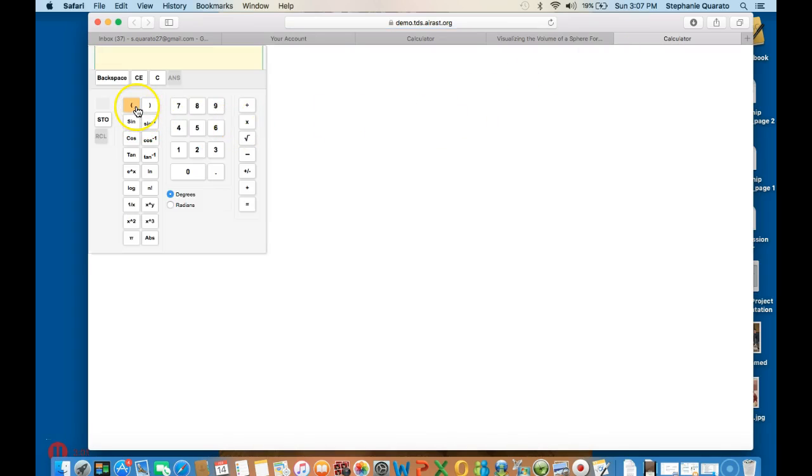Okay, so I have 4/3, so I'm going to put my parentheses, type in 4/3, close those parentheses, times pi, which is right here, times, and we want 4 cubed, so I'm going to type 4, and then right here is our cube sign, x to the 3rd power, and we're going to press equals. And here I get